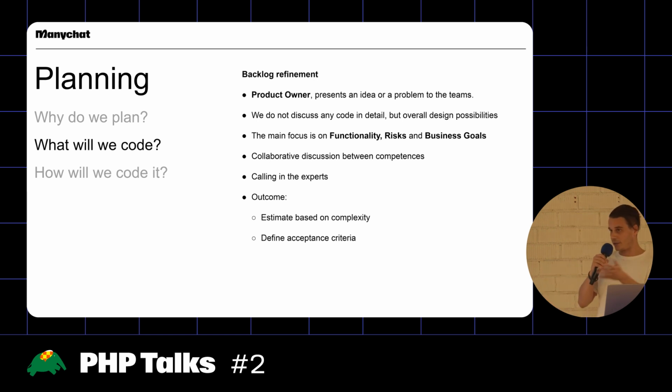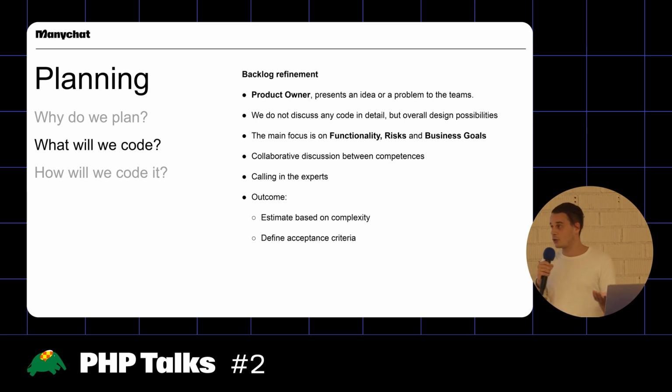And then we'll have a discussion between the different competencies, so design, front-end, and back-end, and they will all give their perspectives. It will also determine the estimate, because it's based on the complexity, and these different competencies all have their own perspective on the complexity on their side. So the more competencies that are involved, of course, the complexity goes up, and the item will be estimated as larger.